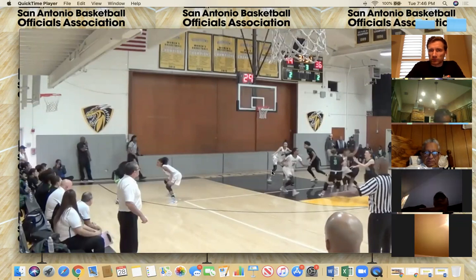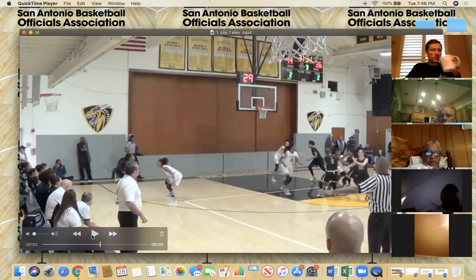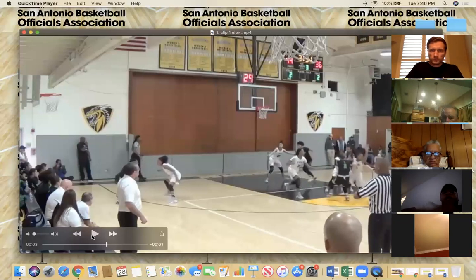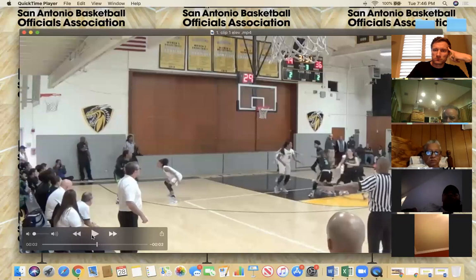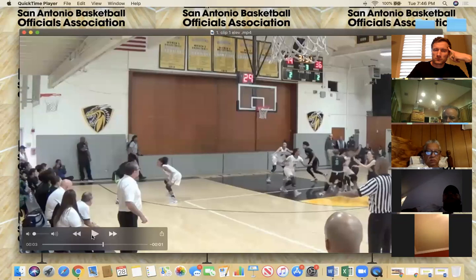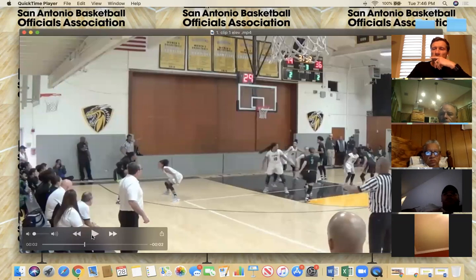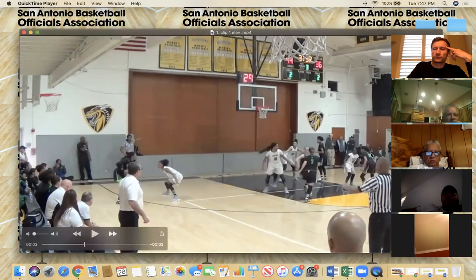If I can, Mark. Yes, go ahead, Reggie. Take it one step further on coverage for trail and center, because this is a trail and center play. If the trail was in a proper position, in my opinion, when it's multiple screeners, trail should take the screener that's nearest to him or her, and center should take the screener that's nearer to him or her. So the trail would have number 3, and the center would have, I don't know the player's number, but the player that is on the right weak side elbow of the free throw line.